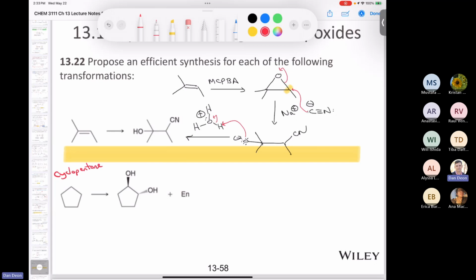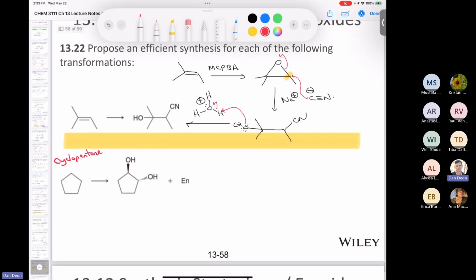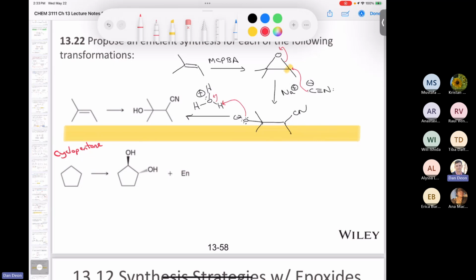If I'm starting with cyclopentane and I want to make a trans-diol, who remembers from Organic Chemistry 1, if you're starting with an alkane, what does the first step have to be? Does anybody remember this one? The first step has to be something. Yeah, thanks, Kristen. It's going to be bromine and light. Thanks, Mustafa. Thanks, you guys. Awesome. So we're going to start out with bromine and light. I just wanted to test you on that one to see if you remember. Absolutely. So that would give you